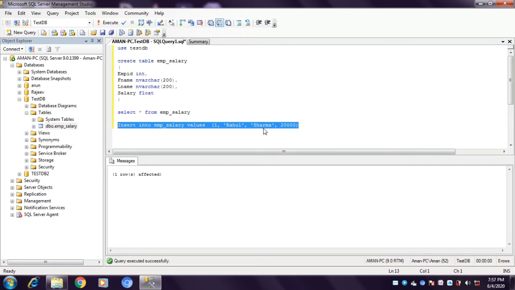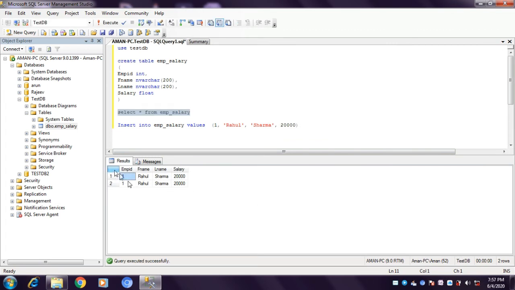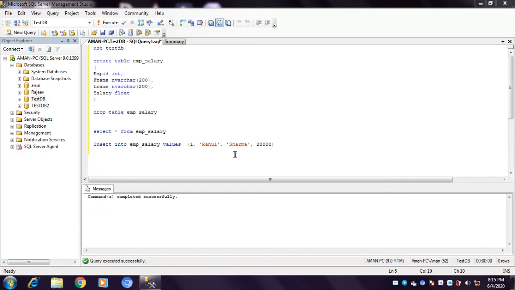Let's try inserting the same values once again. It accepts, right? If we check the values under this table, now we have duplicate data. As per the database rules, we should not have duplicate data here. For this, there are some checks and constraints that are used to specify rules for the data in a table, or to limit the type of data that can go under a table. How do we implement this?